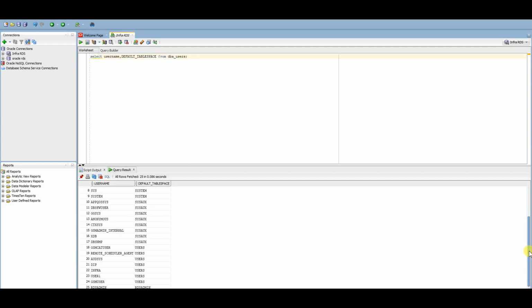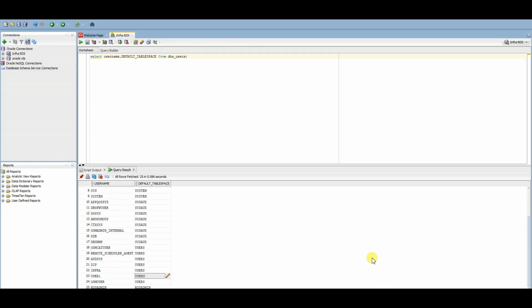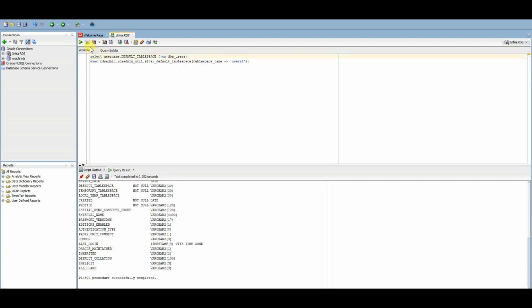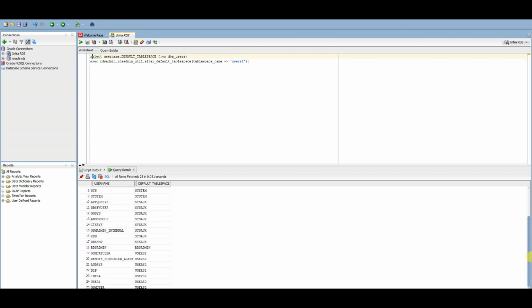Currently this is taking users. Let me change the default tablespace to users2 and run the command. And you can see in here that infra user1's default tablespace has been changed to users2.